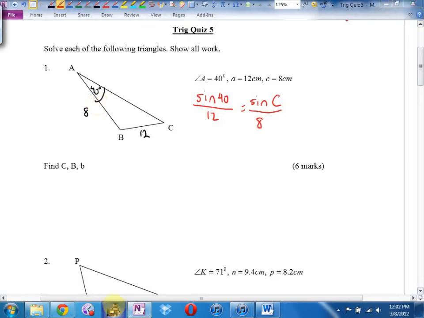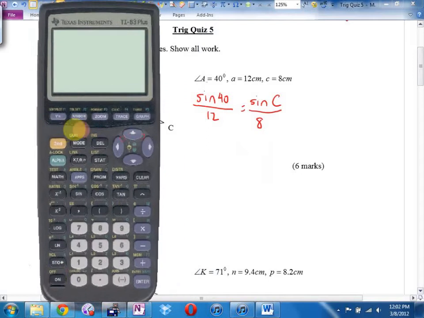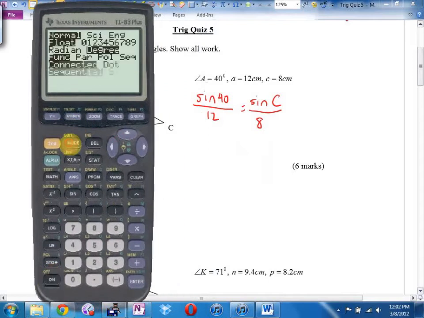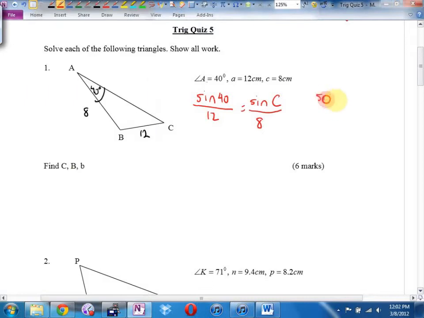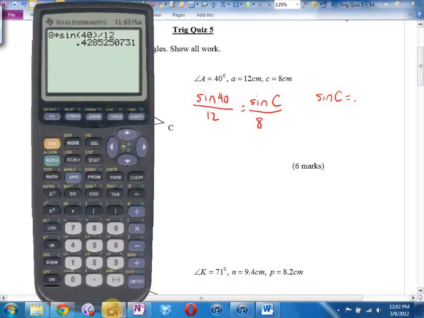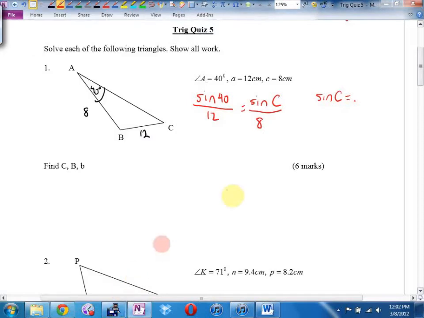When I cross multiply with my calculator, which I better make sure is in degrees, hey, it is, I'll get 8 times the sine of 40 divided by 12. I'll get the sine of C equals 0.4285,